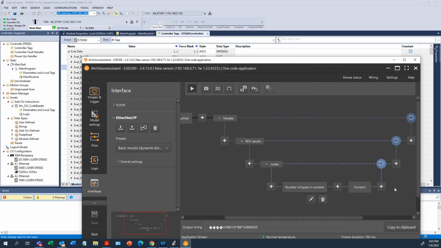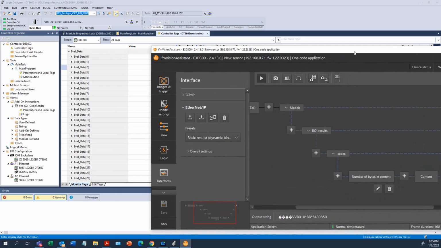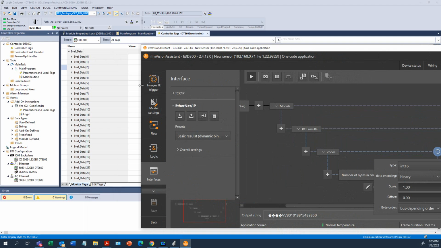And finally, here's my content after the byte information. So now I understand the full array that's coming into the evaluation data. As you change things here, as you change the way the data types are, you can change how the information comes into the PLC. So going back,